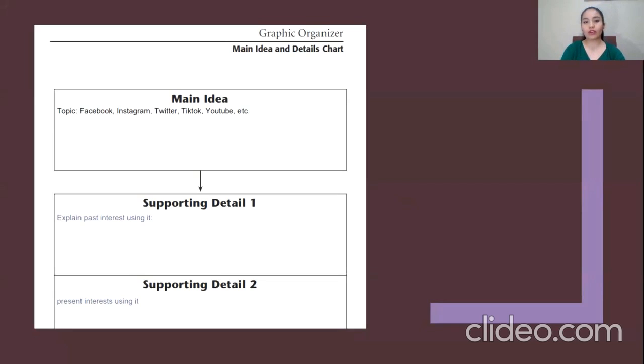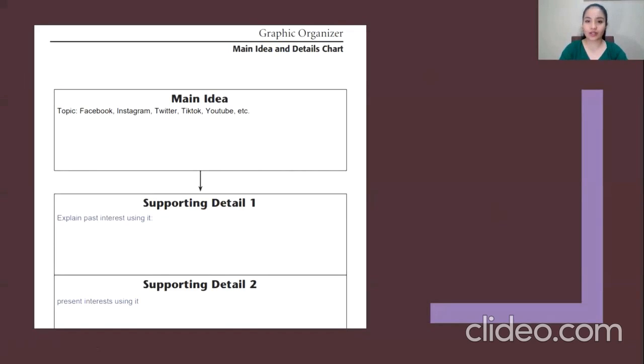For example, you can add some expressions. Don't forget to add the time expressions we already learned. You can also check for spelling mistakes, grammar mistakes, punctuation, capitalization, and please check the order and the organization of your paragraph.